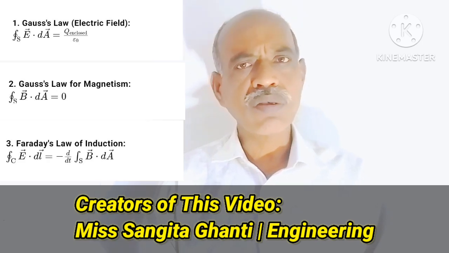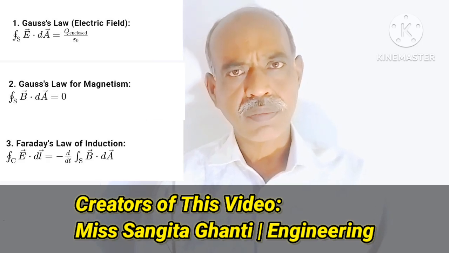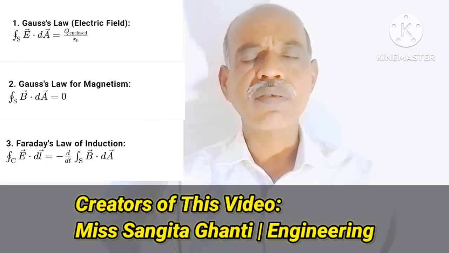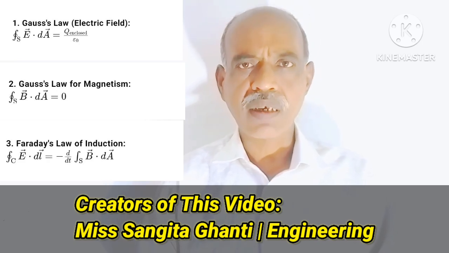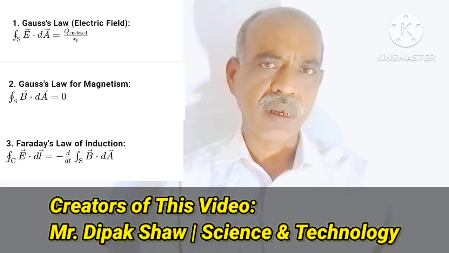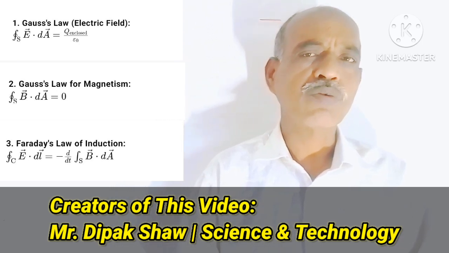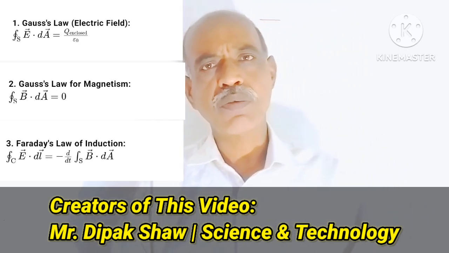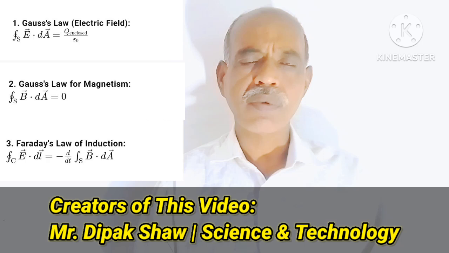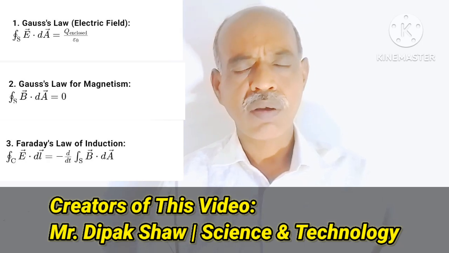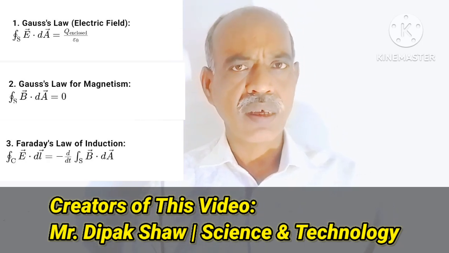The second is Gauss's law for magnetism. The third is known as Faraday's law of electromagnetic induction, or only Faraday's law of induction. Sometimes we say only induction and sometimes electromagnetic induction, but both are the same thing. And the fourth one is known as